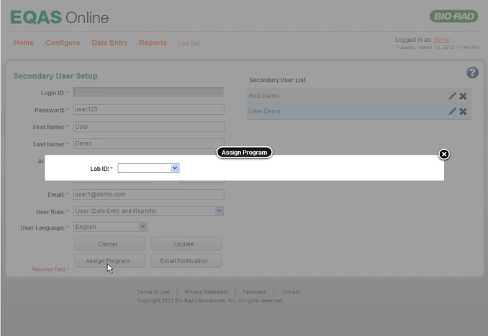If your lab is assigned multiple lab IDs, the dialog box displays a lab ID list. And if your lab is assigned only one ID, all programs the lab has enrolled for are listed directly. Select a lab from the Lab ID list.